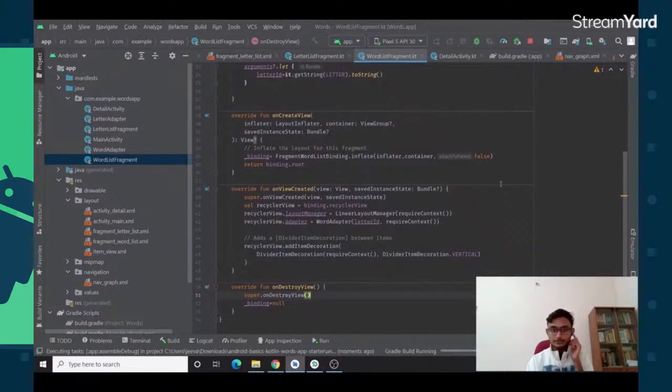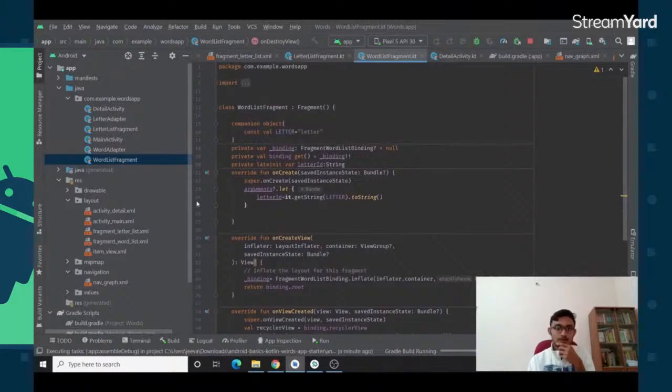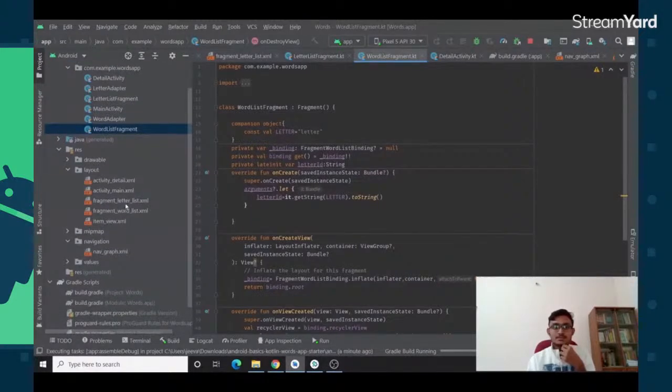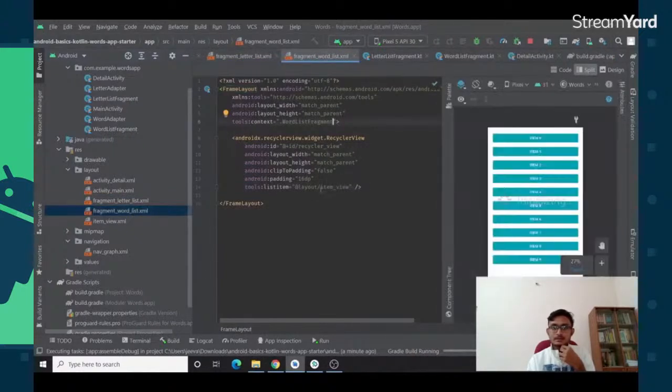Just building the project. By that time, I will give a quick overview of what we did so far in this example. We created two new fragments called letter list fragment and word list fragment, which are basically, in the previous example, main activity and detail activity. It automatically created XML files for us, fragment letter list and fragment word list. Inside fragment letter list, we added a recycler view. Inside this, we added a recycler view also, which basically means we copied the contents from activity main to fragment letter list and activity detail to the word list. And then